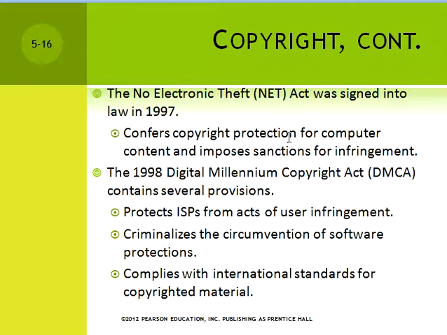We have, of course, certain laws here related to the US, but an important one is the Digital Millennium Copyright Act. This law contains provisions to protect the ISPs, or Internet Service Providers, from acts of user infringement, criminalizes the circumvention of software protection, and complies with the international standard for copyrighted material. These are important because